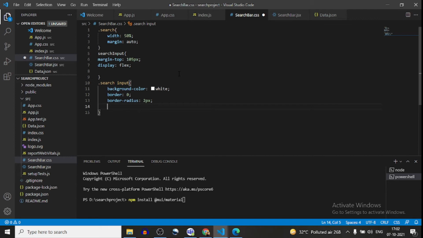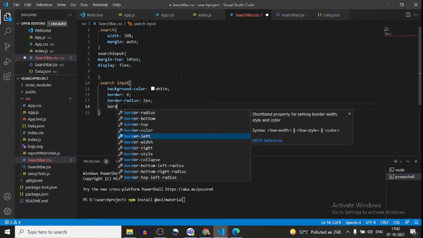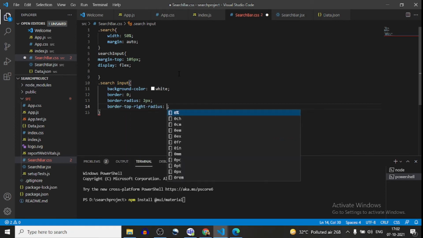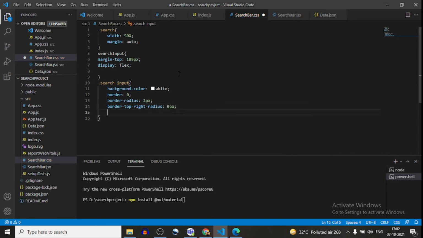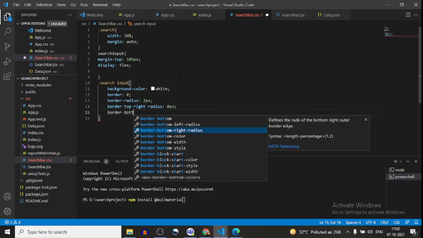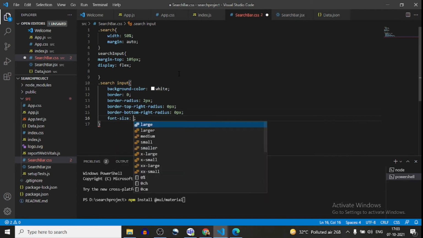Border top right radius will be 0 pixel, and border bottom right radius will be 0 pixel. Now font size, we can say 19 pixel.